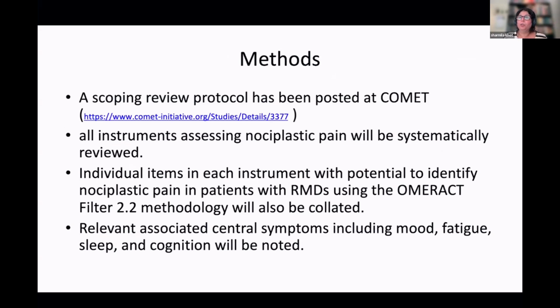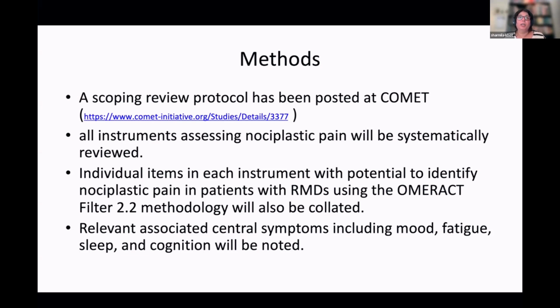So this has now been posted at the COMET website, and that's the link for it. What we are hoping to do via the scoping review is to assess all of the instruments that fit onto that 4-point criteria that I have gone through in the previous slides, and review those instruments. Individual items within instruments may be suitable and may map onto the nociplastic pain definitions, and we will try and pull out some of those items as well, hoping to use the OMERACT methodology and